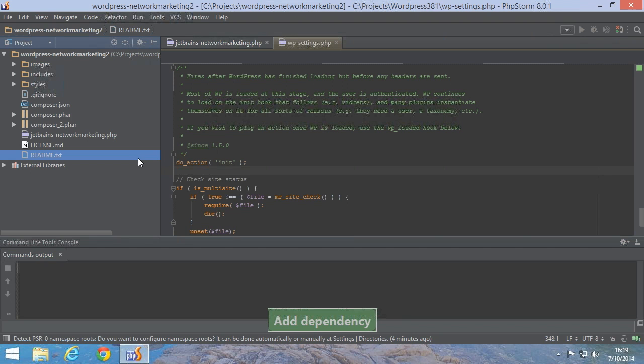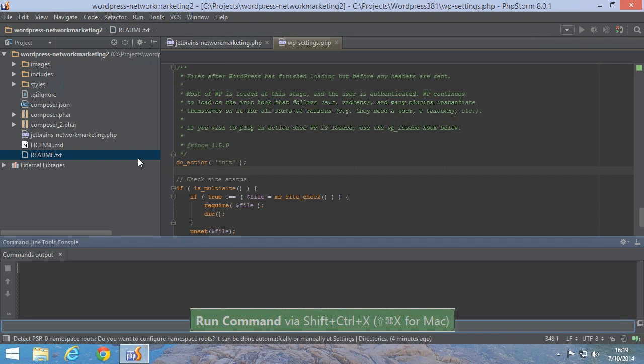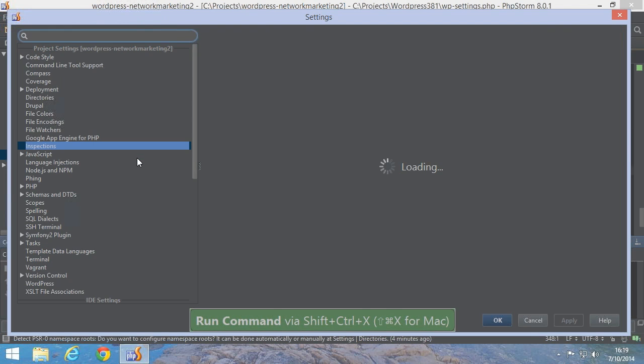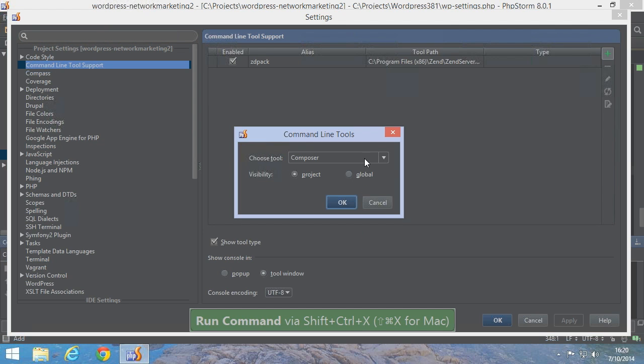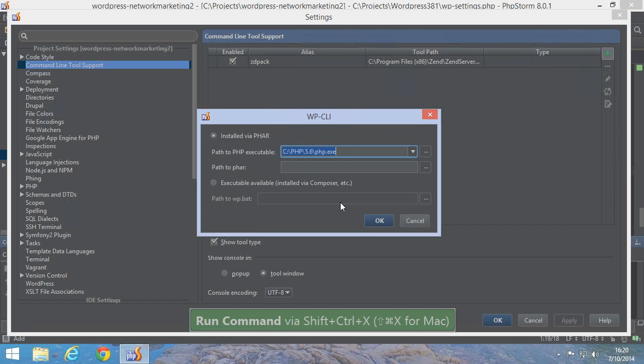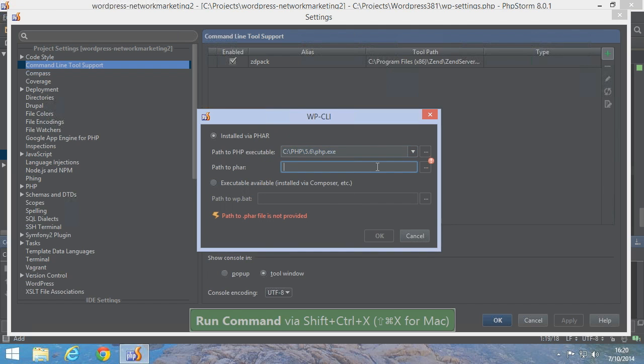All right, the next thing we can do is go to the settings, go to command line tools, and we can add a new command line tool there. So you may know from PhpStorm 7 that there was support for Composer. If you were doing Drupal, there's support for Drush. In PhpStorm 8, a number of tools have been added, among which the WordPress command line interface. And the only thing we have to do, if it's installed into our project, is pick this tool, click OK, and